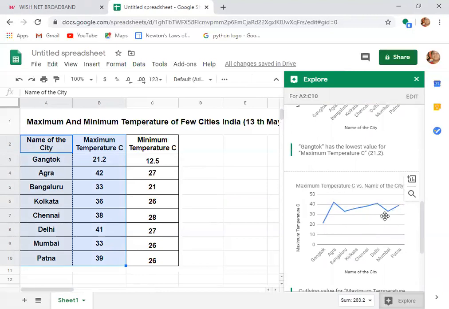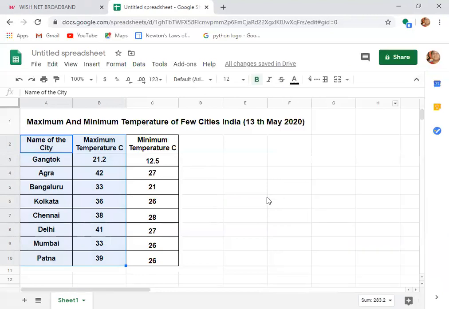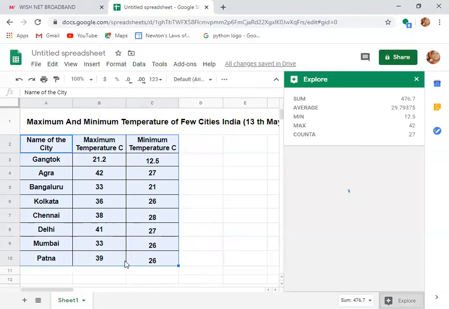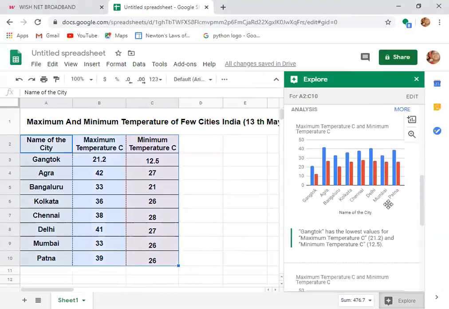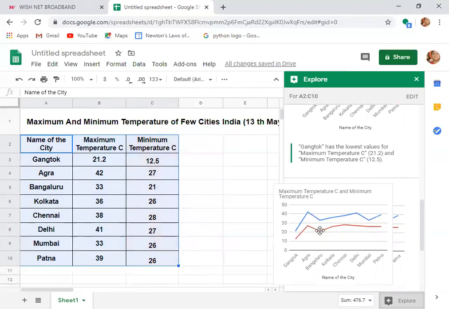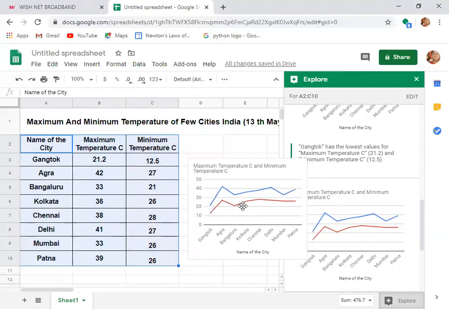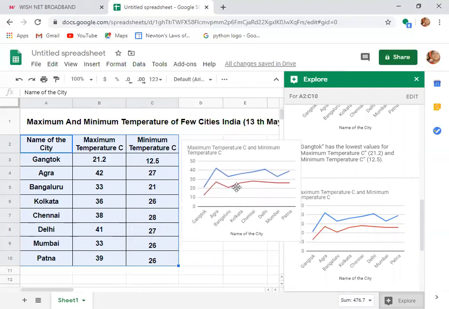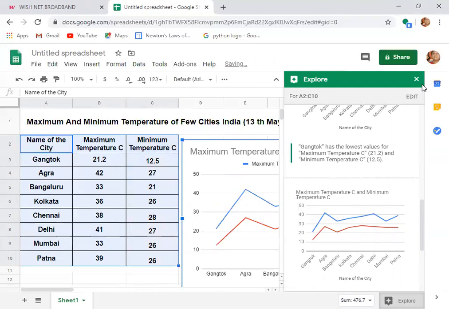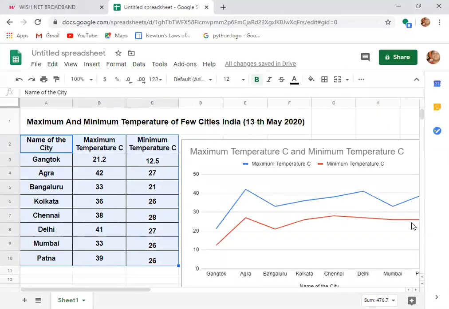If you want to compare in your analysis, then you have to select, or by default it selects all the data. So I just try to select all the data so that comparable data of two line graphs can be seen easily. So what we have to do, if I select, then we click the Explore button and we just take the line graph. So just select it by clicking the left button and drop it. So if you drop it, you see that your graph is actually placed on the sheet.